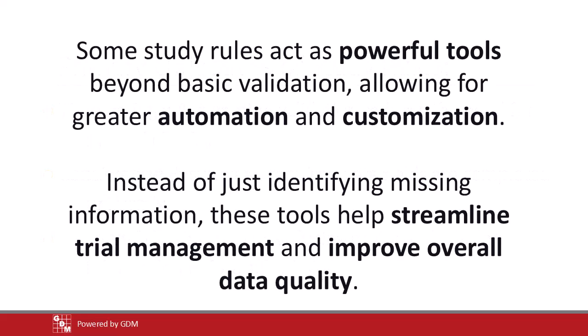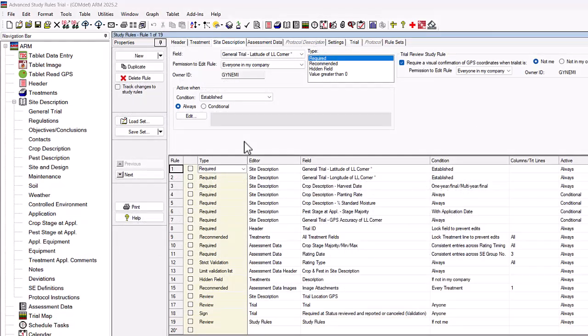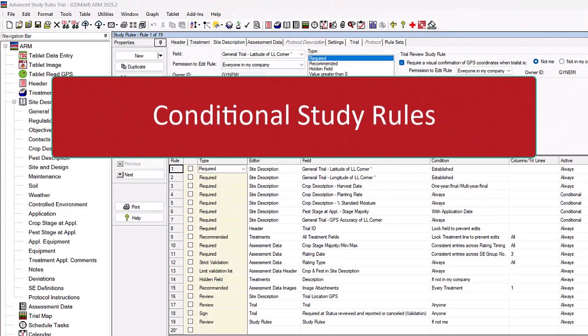Some study rules act as powerful tools beyond basic validation, allowing for greater automation and customization. Instead of just identifying missing information, these tools help streamline trial management and improve overall data quality. The following study rules provide the most significant value by unlocking key capabilities and functionalities based on any field in the trial. This first item is not a study rule itself, but rather a feature in ARM: conditions applied to